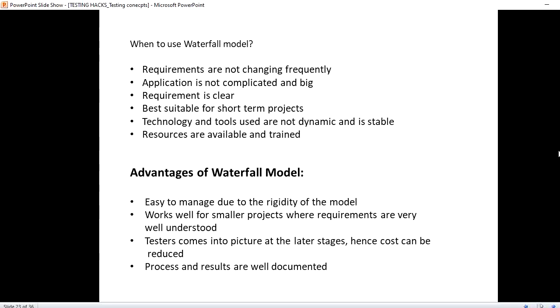Testers come into the picture at a later stage, hence the cost can be reduced. After the requirement, design and development are done, at the fourth stage the testers come into the picture. That is why the cost can be reduced a little. Also, process and results are well documented. In that case, the waterfall model is best suitable.